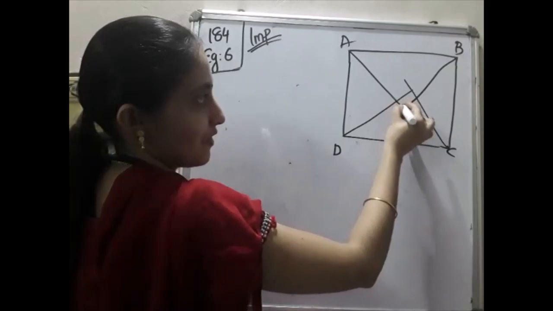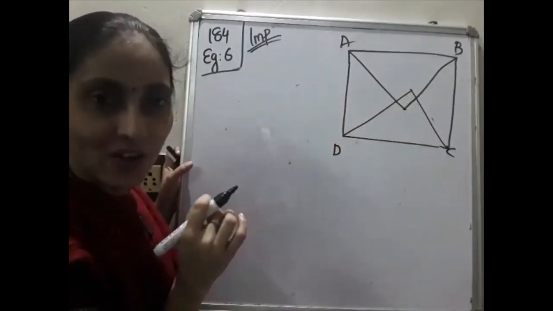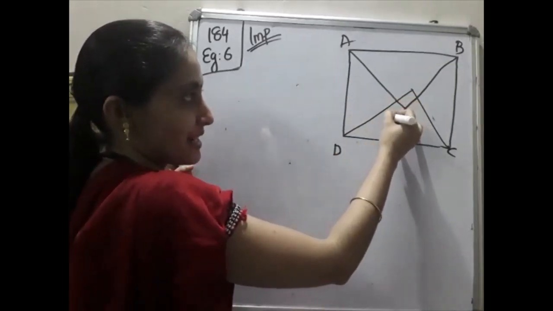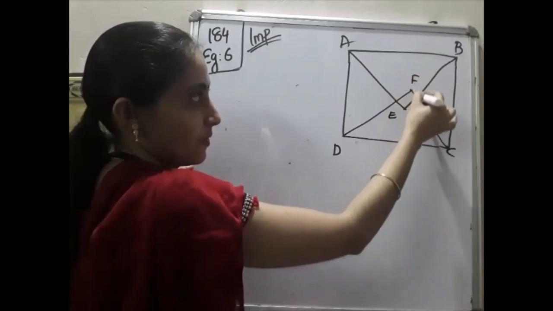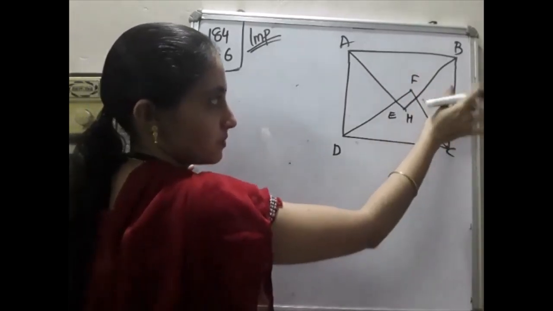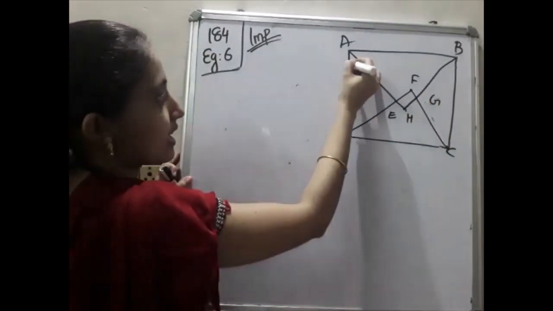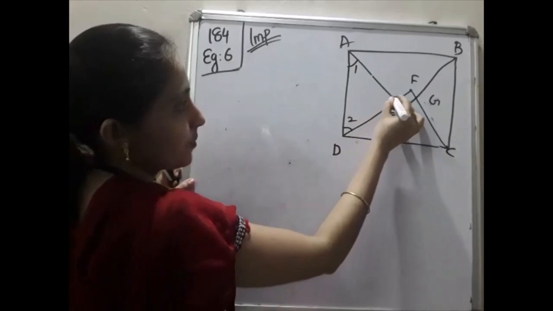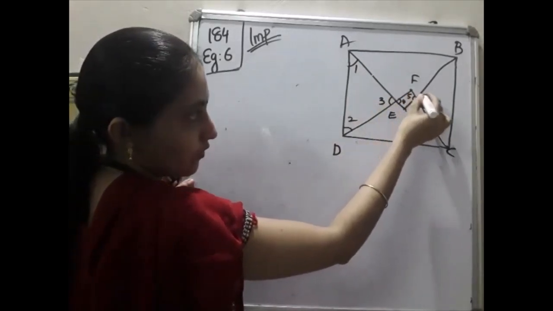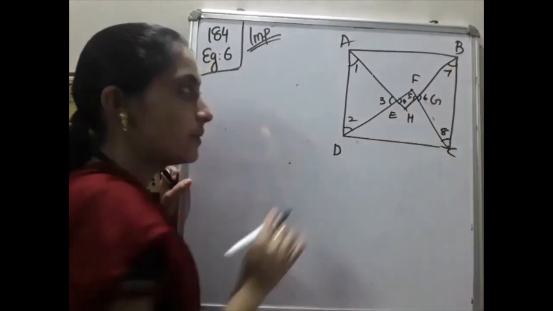It is a little bit confusing. Okay, so I am not good at drawing, so maybe a little bit of variation will be there. So this point is marked as E, this point F, this point G, this point H. Okay, so for that purpose I will mark this as angle 1, angle 2, angle 3, this one angle 4, this one angle 5, this one angle 6, this one angle 7, and this one angle 8.